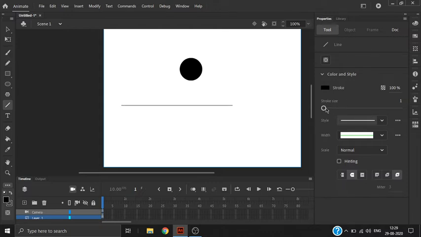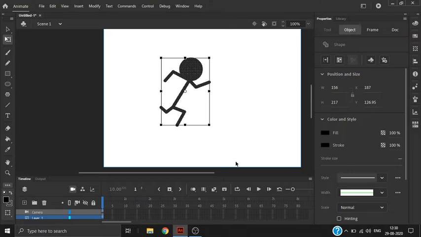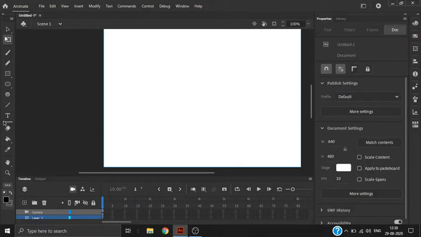It's very thin now, and when you keep it on say 10, the stroke size of the line will increase. I use this tool to draw the parts of the body, like this. This stickman is running. By using the line tool, it's very easy to draw the body parts of the stickman.